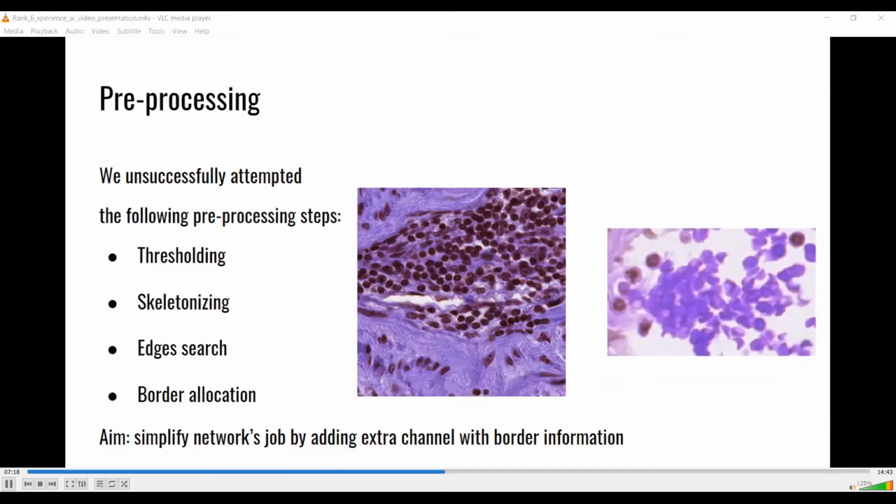However, in our case, we could not find appropriate general thresholding policies. As images in the dataset have different distribution of colors, we could not build a common algorithm to successfully distinguish cells. In the slide, you could see the example. If we try to threshold these images with the same policies, it will fail in one case. Moreover, different cell types also have different colors, and it is an additional issue.